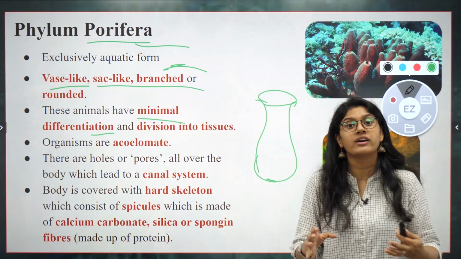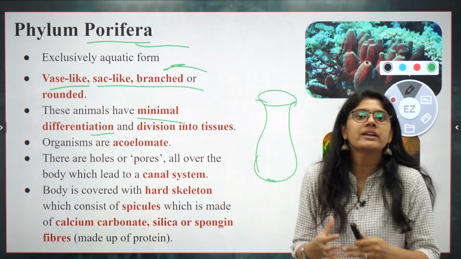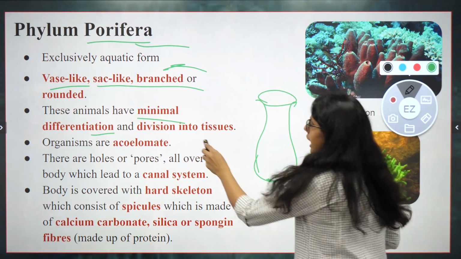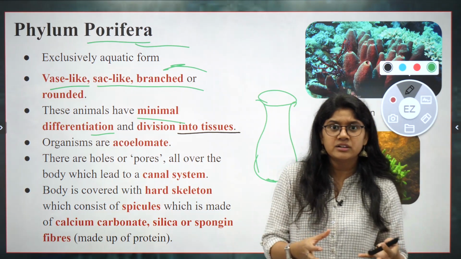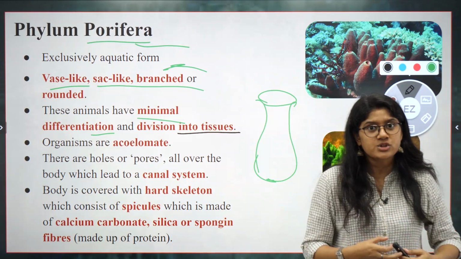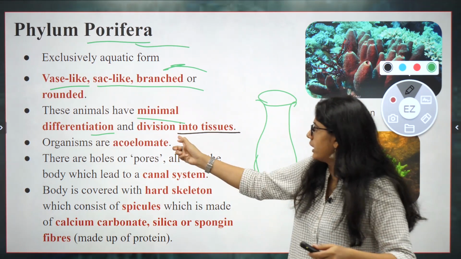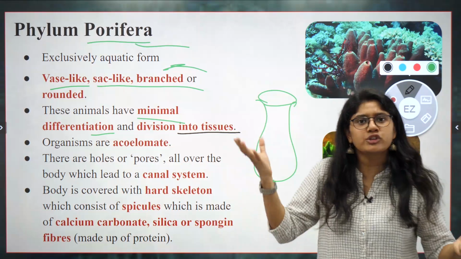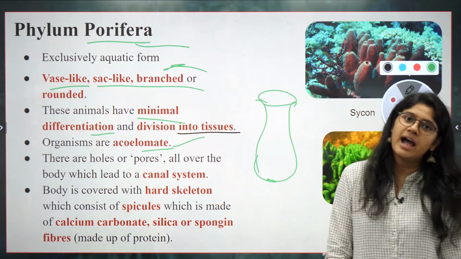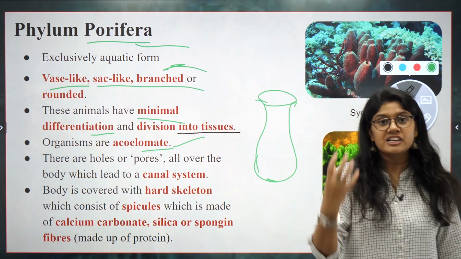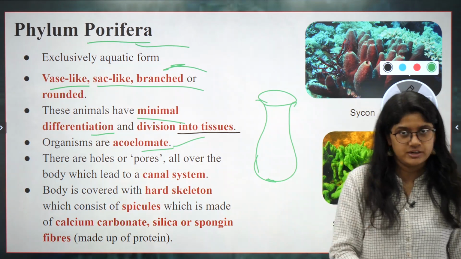They don't have any organs. They don't have a proper body design. Okay? And of course, there's no division of labor. Cells are there, but they have not formed tissues. Tissues are not over there. Okay? There's no proper division of the tissues also. They are acoelomate, meaning they don't have basically a space in which the organs can fit in.